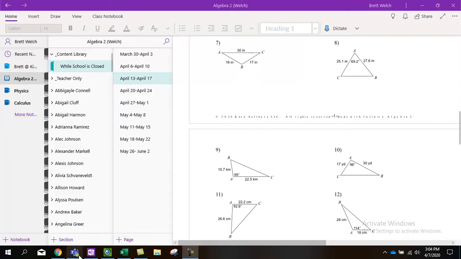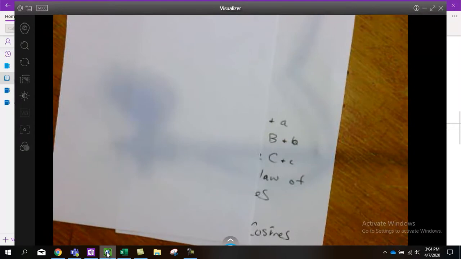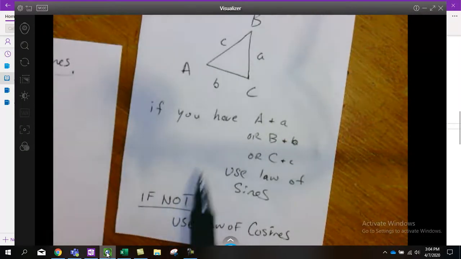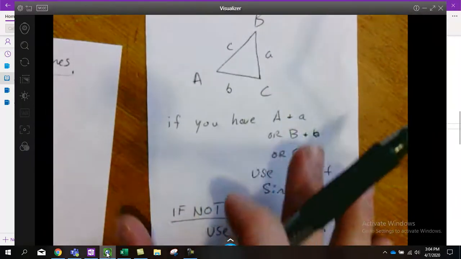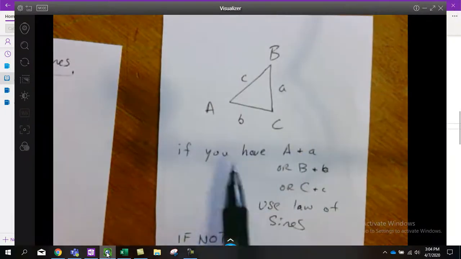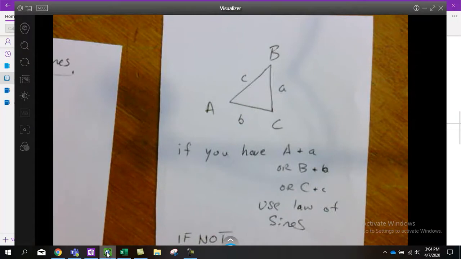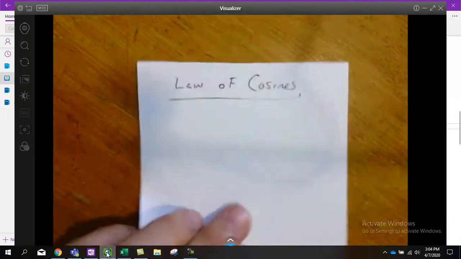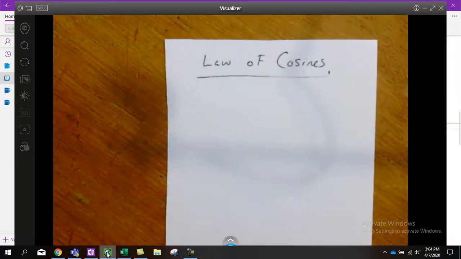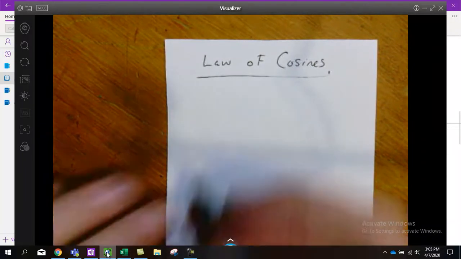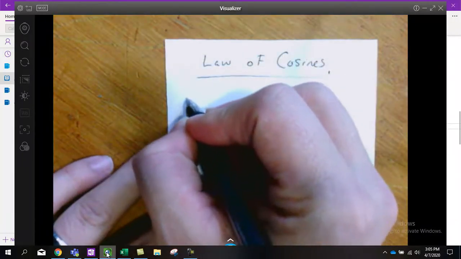So last time when we talked, we said that when we had a triangle that's not a right triangle, if we had both A and A or B and B or C and C, if we had an angle on the opposite side, we can use the law of sines. If we don't have that situation, that's when we're going to go to the law of cosines. Now, the law of cosines is one formula that actually gets written in three different ways on a pretty regular basis. Typically, the most